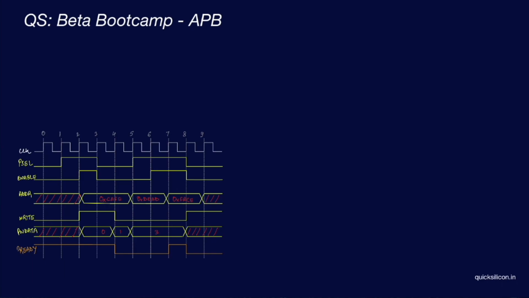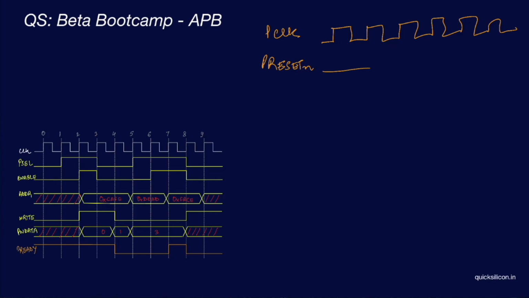I'll first list down the different signals which are commonly needed in our APB protocol. The first signal is your PCLK, which is the clock given to your protocol, or the clock on which the protocol works. Then you have your PRESETn signal. This can be either a rising edge or an active low signal. Usually it is an active low reset for the APB protocol, which means you are in reset when the signal is 0 and out of reset when it becomes 1.